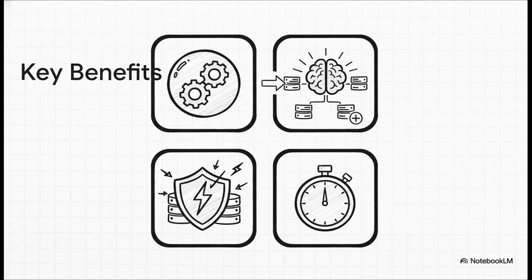Second, scalability. You can spin up tons of copies of your app and they all talk to the same central bouncer, Redis. It just works. Third, protection. This is the whole point, right? Your important backend services are safe and sound, shielded from those crazy traffic spikes. And last but not least, efficiency. Redis is in memory, which means it is ridiculously fast. This whole check happens in a blink, microseconds, so your real users barely even notice it's there.